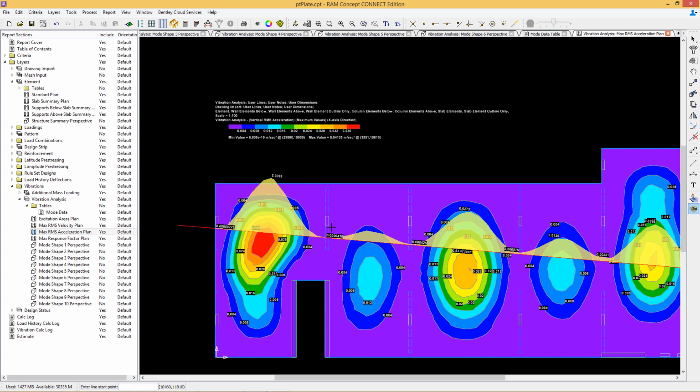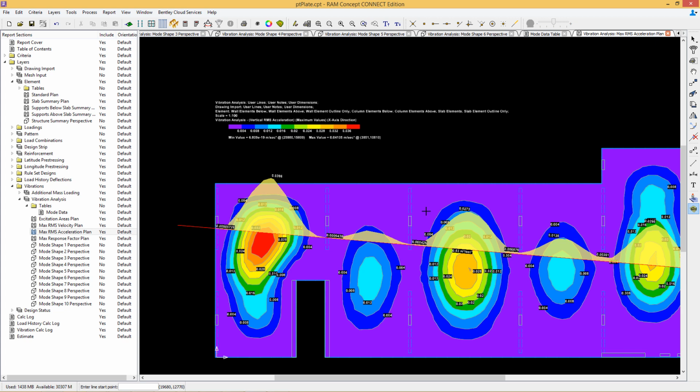And what's happening here is we're treating each finite element node in the model as an excitation node, and then calculating the response everywhere else in the slab. So we're really getting an envelope behavior of the entire slab. Each node in the slab is in turn being excited. So rather than someone walking across the slab, this is probably more analogous to someone jumping up and down at a single point